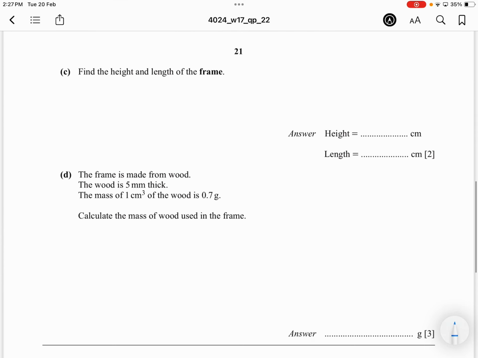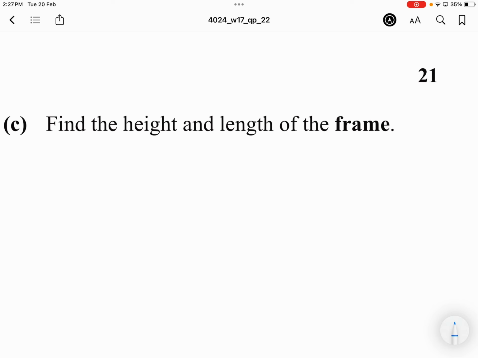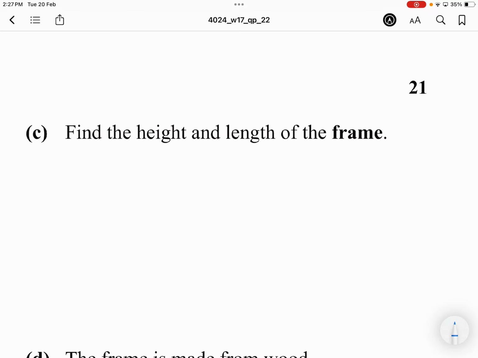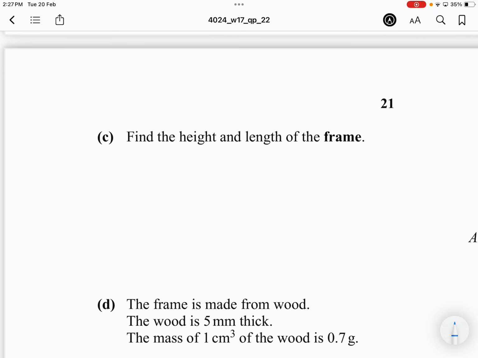Okay. Find the height and length of the frame. There. You see the word frame there. What do you do with the word frame? That is what you need to notice. Teacher knows. Frame. That means it is a smaller rectangle or bigger rectangle? Bigger. What is the length of the frame? 3x. Length is 3x plus 4. Height is,